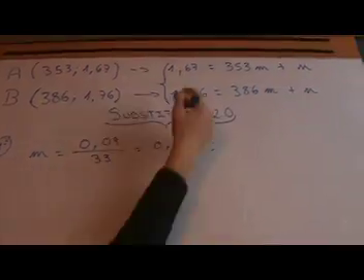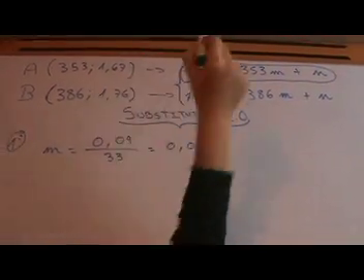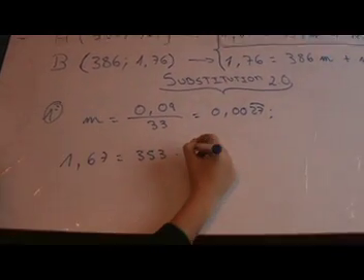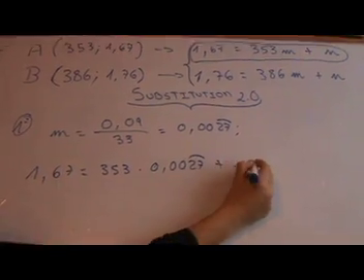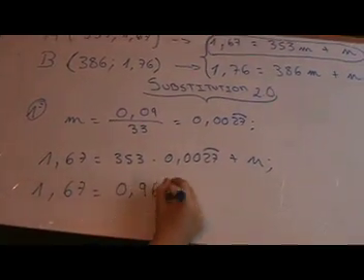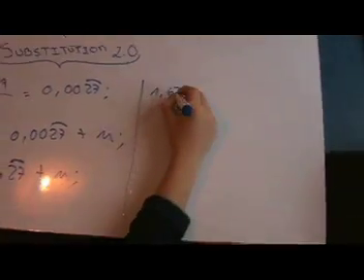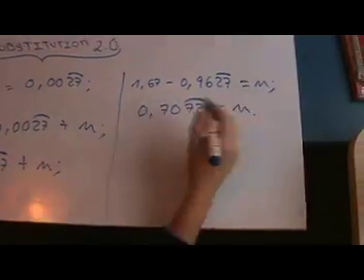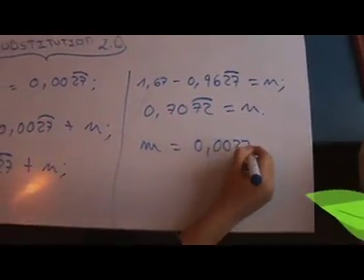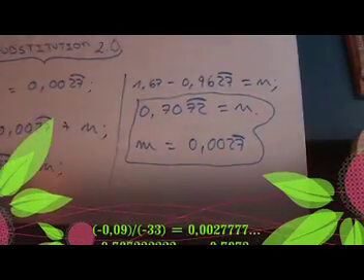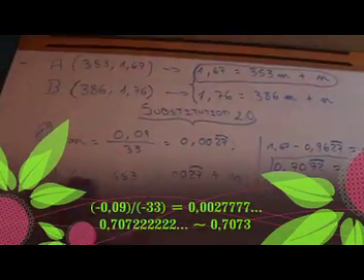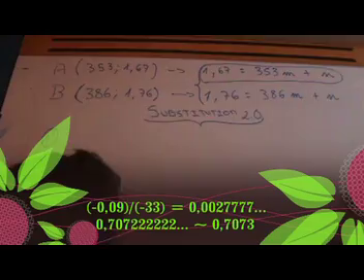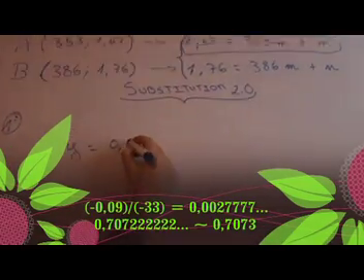Step 4. We have the n and we don't know what number n is, so we have to choose one of the step equations and substitute the m. The final equation is the following. Now we know that the n is equal to 0.70723 and the m is equal to minus 0.09 divided by minus 33. So the final equation is